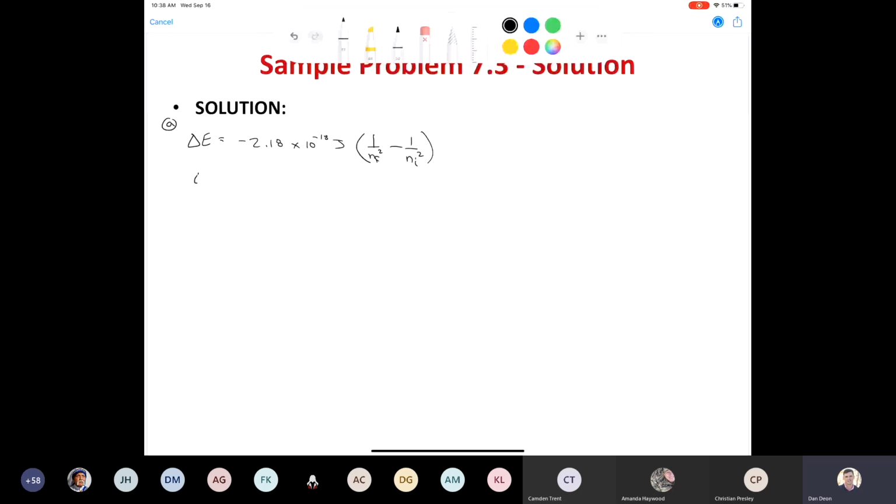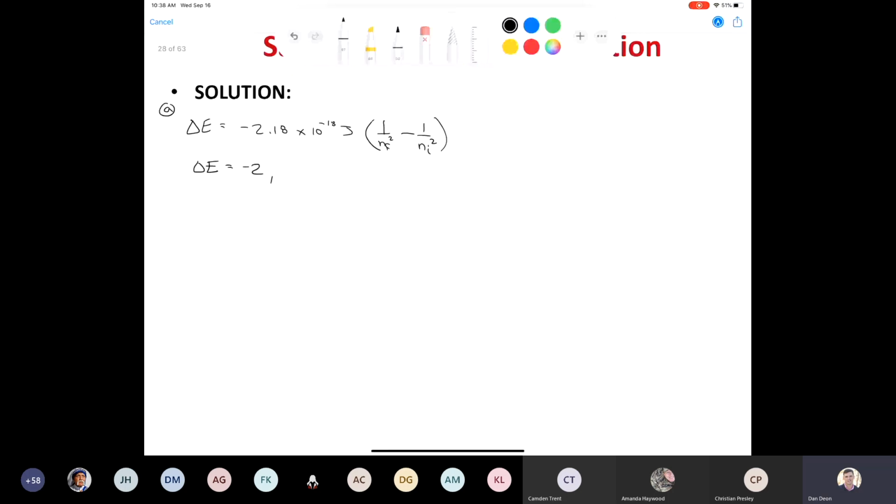So I'm going to have delta E is equal to minus 2.18 times 10 to the minus 18 joules, times n final squared, where n final is equal to 4, minus n initial, which is equal to 1. Again, this is absorption, so I'm going from a low number to a high number. 1 over 1 squared, that's pretty easy to solve. I've gone ahead and done the math already,